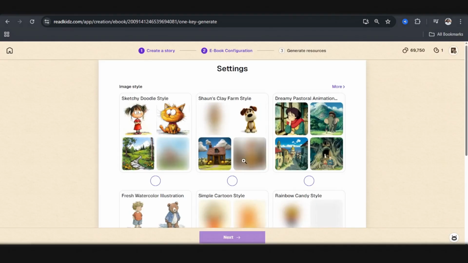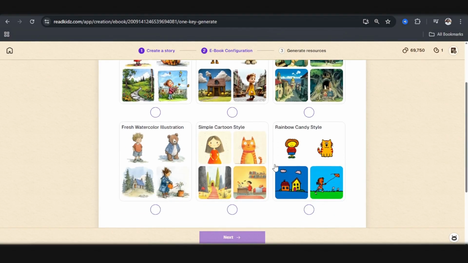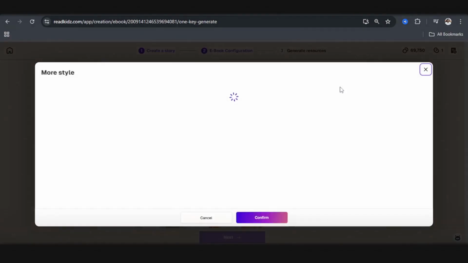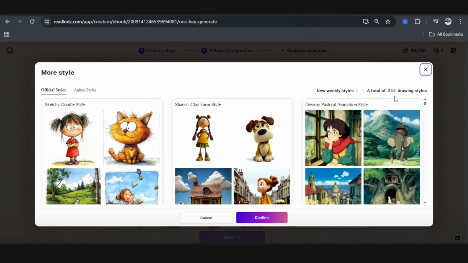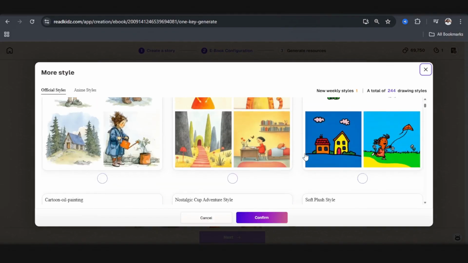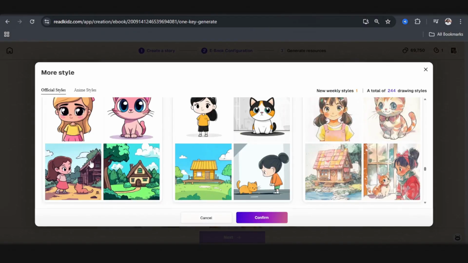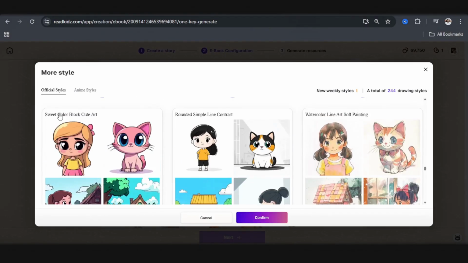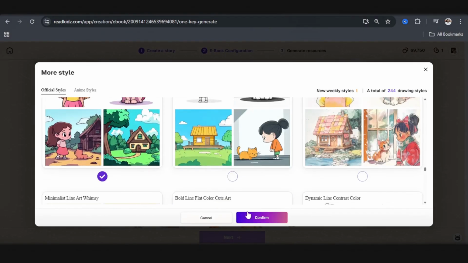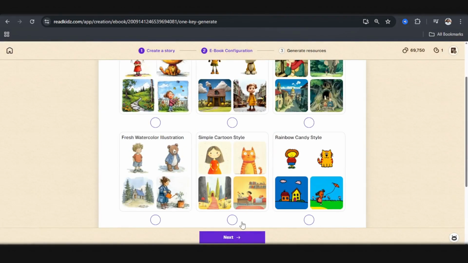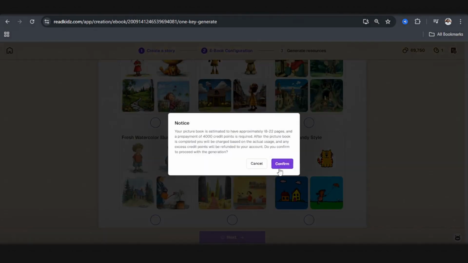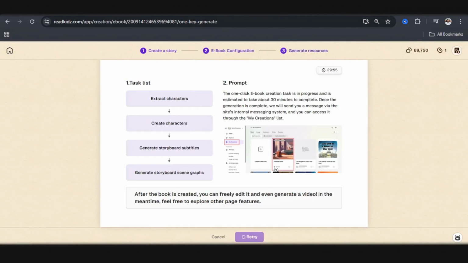Now at this point, this is where I'm going to choose the image style that I want for this storybook. So I'm going to click on more. As you can see, there are quite a lot. There are a total of 244 drawing styles. So there are a whole lot to pick from. Now, for the purpose of this video, I'm going to be going with this sweet color block cute art, and I'm going to click confirm, and I'm going to click next, and I'm going to click confirm again,